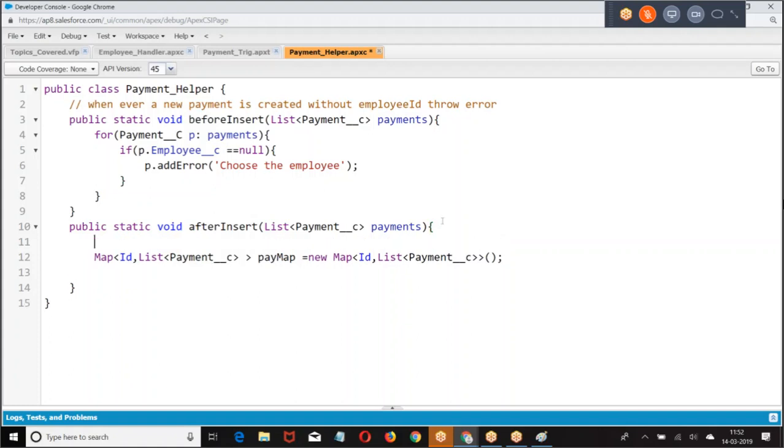Group all the payments based on keys, employee ID, and value is the associated payments. Then what we are going to take for payment. Then I told what is the logic? Employee ID equal to P dot employee ID.